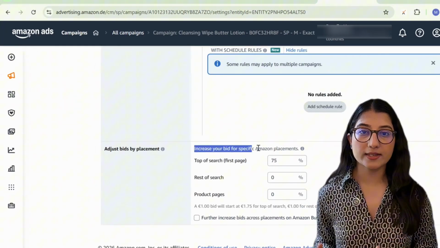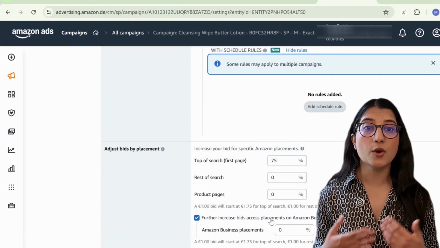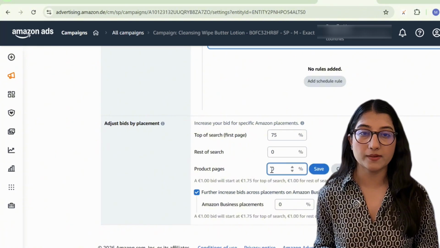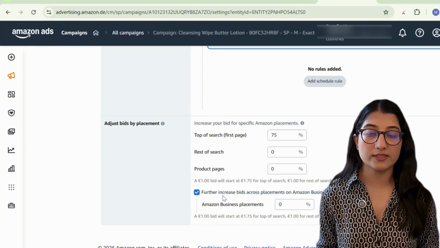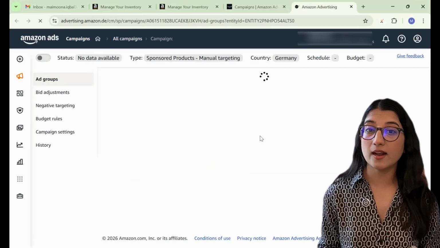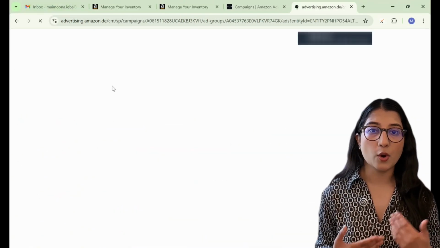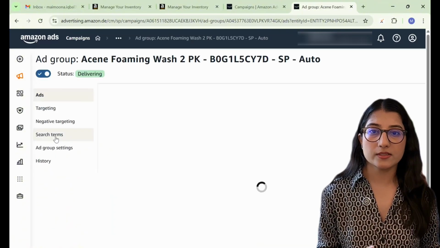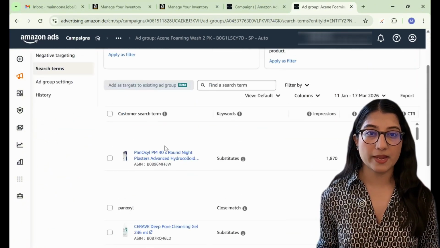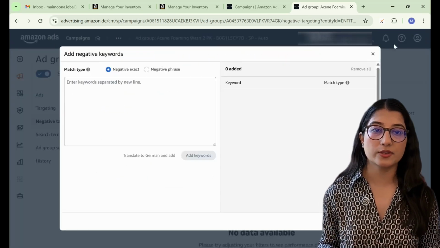On the negative targeting side, this is non-negotiable. I again say non-negotiable. Why? Because before you launch any auto campaign, you need a negative keyword list ready to load in. Every product has categories of searches that are completely irrelevant to it. Competitors' brand names, wrong materials, wrong use cases, even wrong audience. Load all of those in as negative phrase match from day one. It saves you wasted spend and trains the algorithm faster.